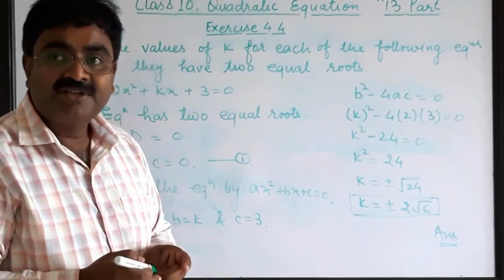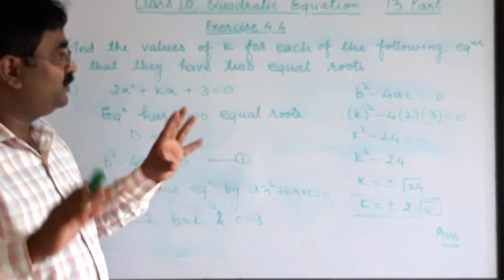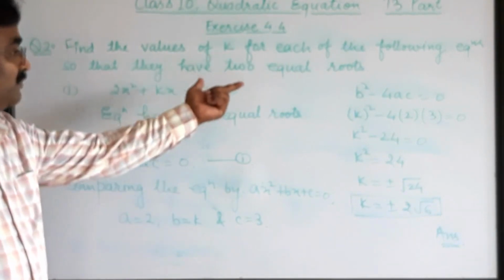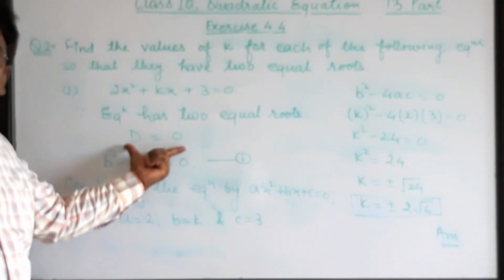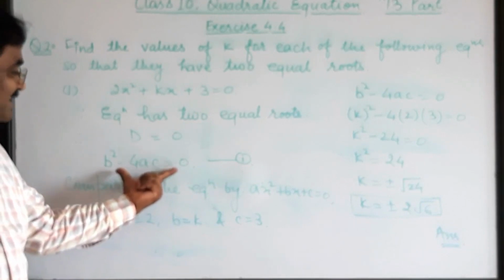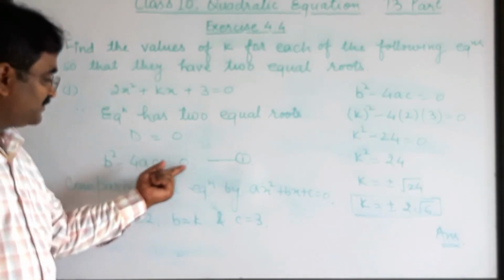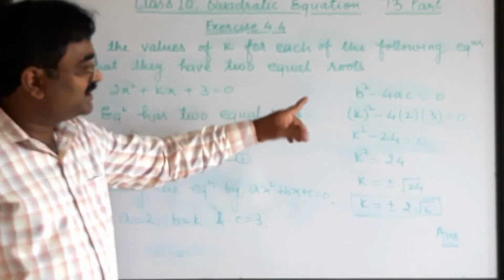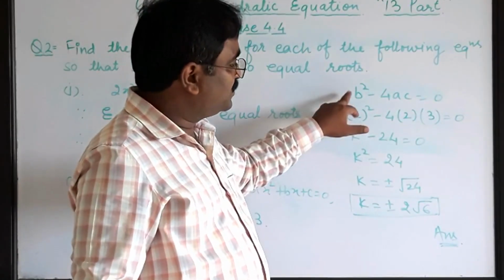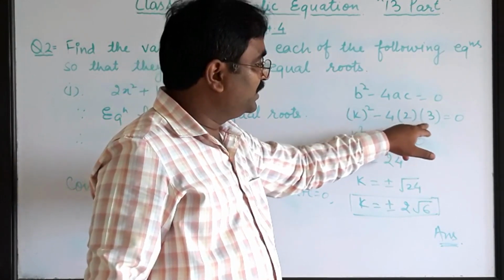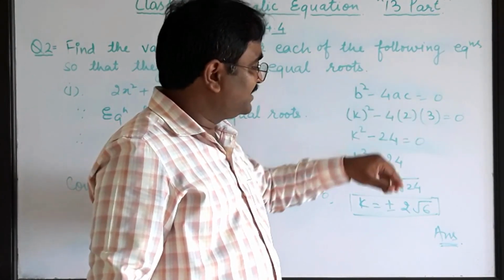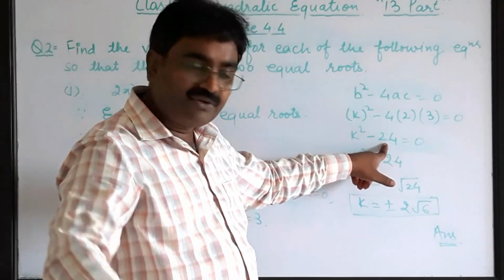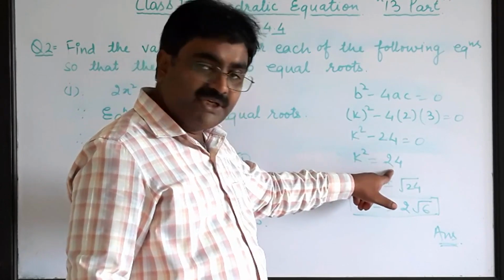Right, children? So you have to see the condition. Condition is given, two equal roots. So for being two equal roots, you know that discriminant is equal to 0. As discriminant is equal to 0, so b square minus 4ac is equal to 0. Substitute the values of a, b and c in this equation. K square minus 4 into 2 into 3, as 2 is a and 3 is c. So we got 4 2s are 8, 8 3s are 24. K square minus 24 equals to 0. So k square is equal to 24. So k